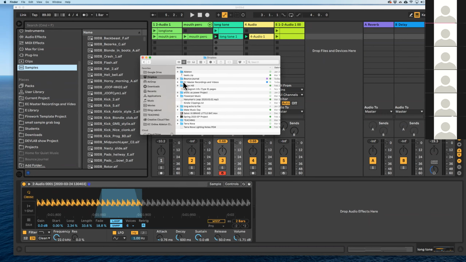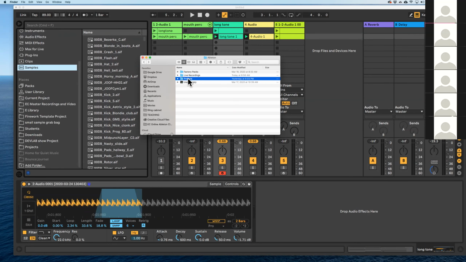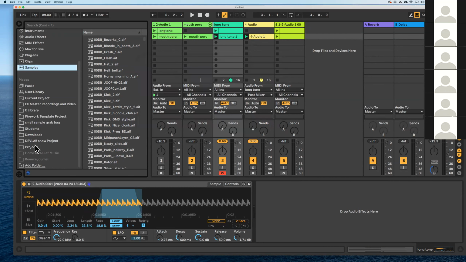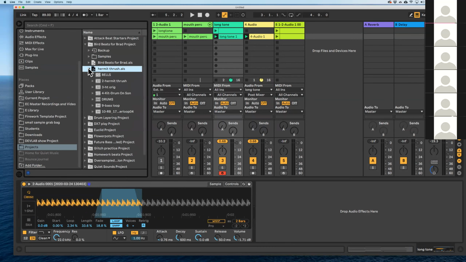So like I've got my music folder with all of my Ableton projects in it. I just drag that whole projects folder into places. Then in places, I can navigate and each of my projects open up into each of the tracks. And so I could get a whole track,